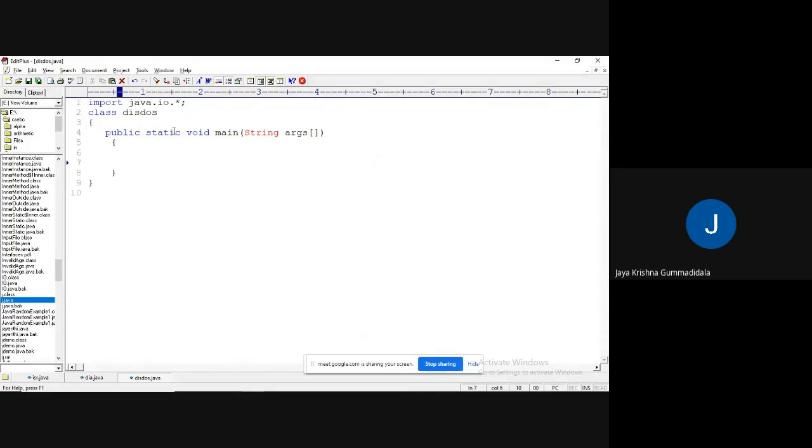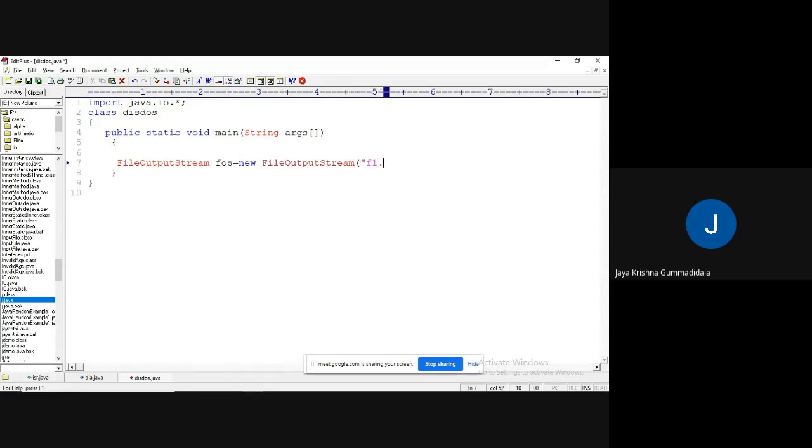So here I have created the DataInputStream and DataOutputStream classes. I would like to write data into the file. FileOutputStream FOS equal to new FileOutputStream of, and here I can pass any kind of file name.